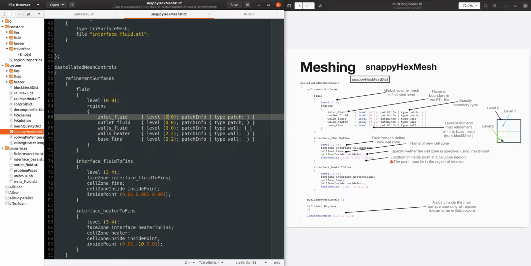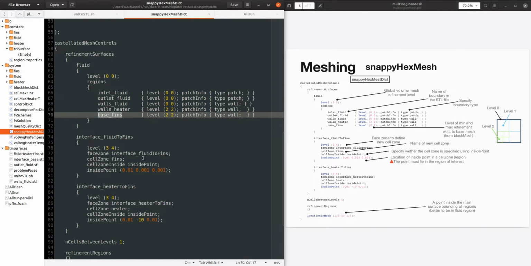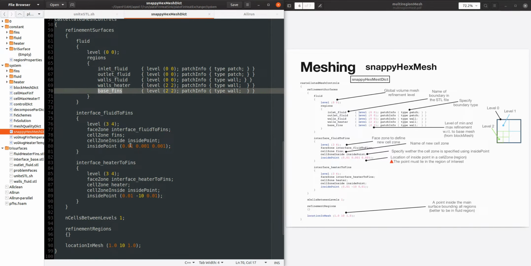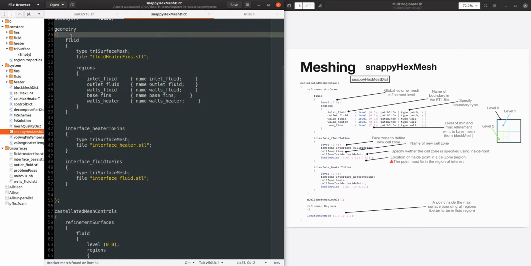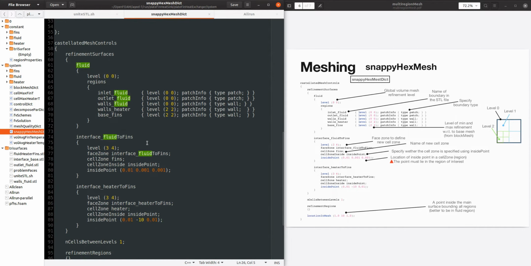For example, in this case this will be this size, and I want to use a finer level for example walls and the base of the fins. The important thing here is just to define these interface regions, because we have set the default region to be fluid, and now we want to define regions that are fins and heater.